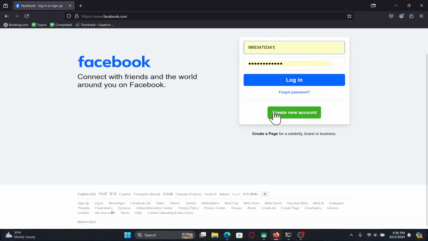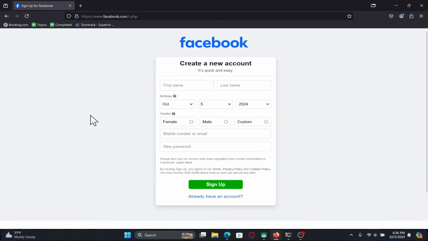In order to create a new account, click on Create New Account, and you will now be taken into the sign up page. Now just type in your first and your last name, followed by your date of birth. Then choose your gender, and then enter your phone number or your email address. After typing in your preferred email address, type in your preferred password for your account, and then click on the